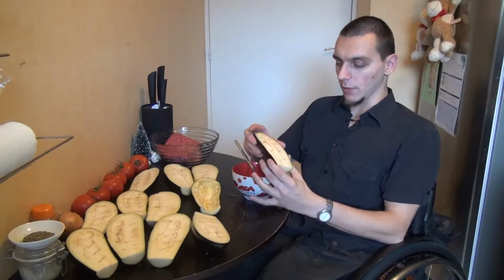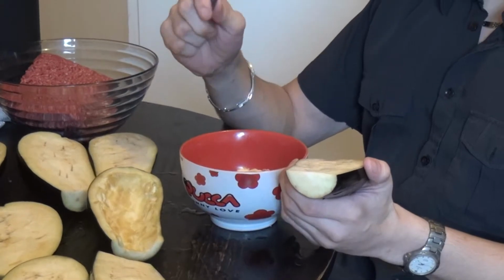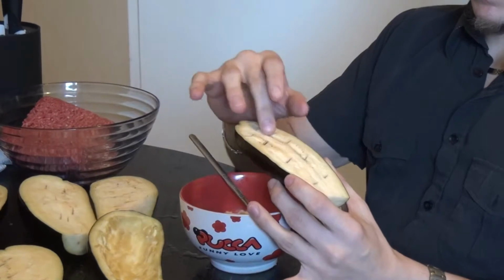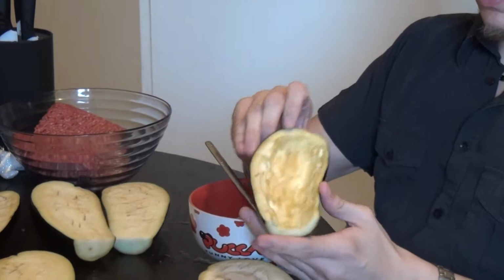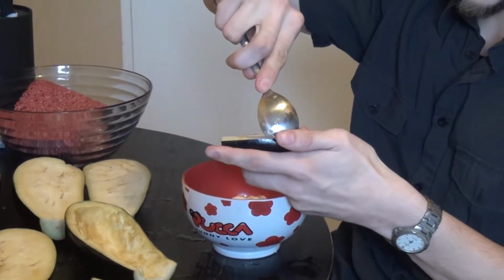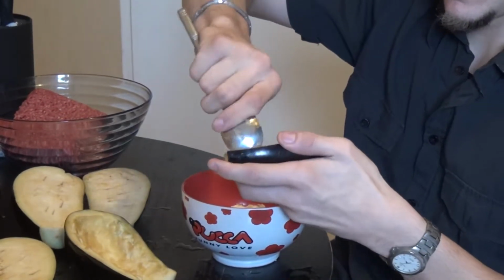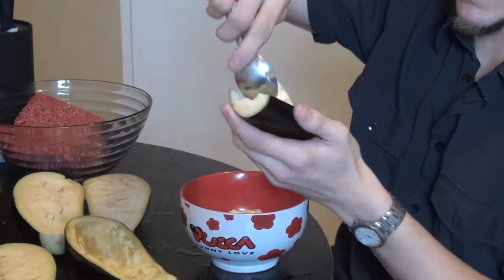Alright, so what you have to do next, once you've washed the eggplants, is using a soup spoon like this, a large spoon, take out all the middle part, the soft part of the eggplant, in order to obtain something like this, which looks a bit like a boat if you want. It's not too hard. First you make some sort of incision at the side, and then gently, well, not too gently, but still try not to break the back part,